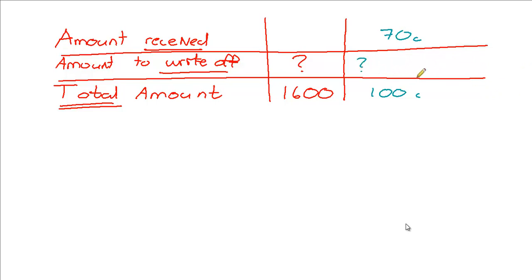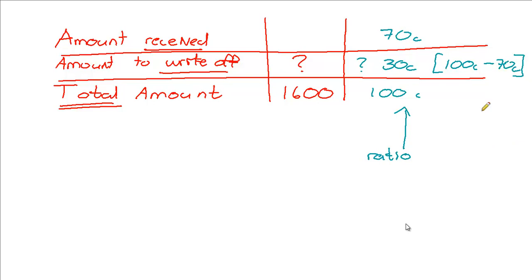So the amount to write off is going to be 30 cents. How do we calculate that? We take the 100 cents, which is the total amount, minus the 70 cents, which is what we receive in the rand for every 1 rand that Mr. Gonzalez owed. So that's going to give us the 30 cents. So this here then represents the ratio